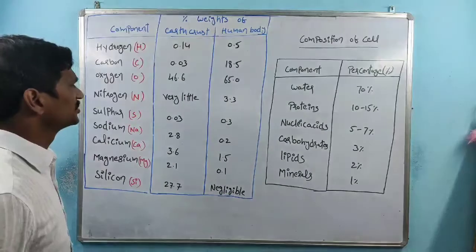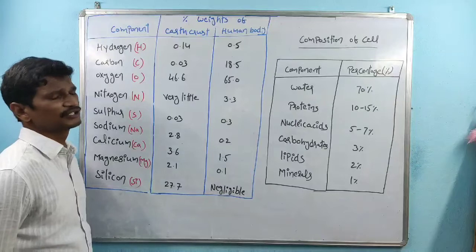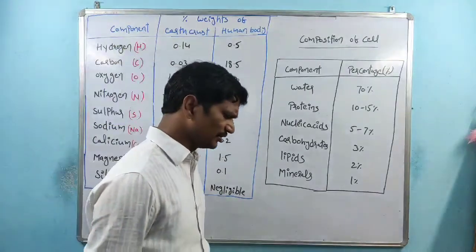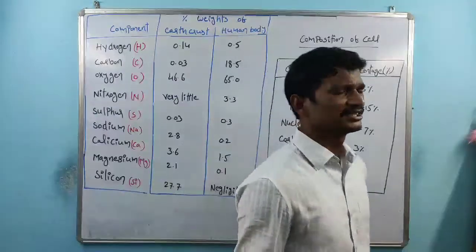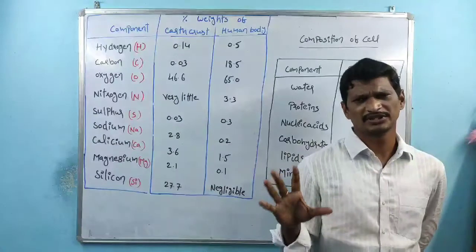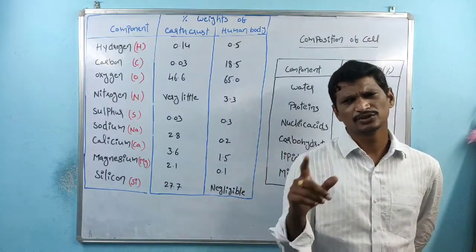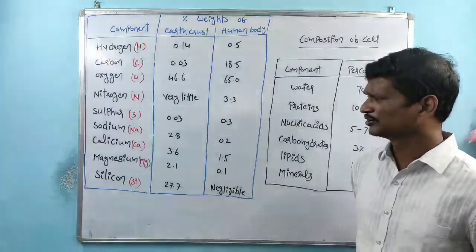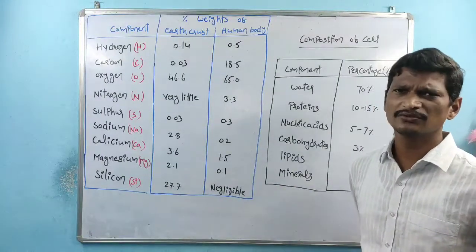Sulfur is 0.03% in the crust and 0.3% within the human body. So sulfur is also one of the key elements. Every time we discuss cell energy, in the form of utilized energy or the cell currency, it is ATP. The P indicates phosphate. So phosphates are also very important.